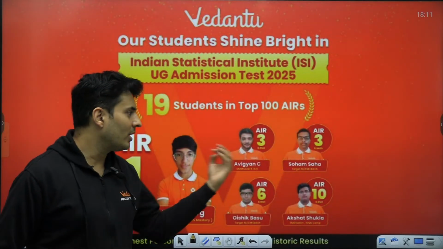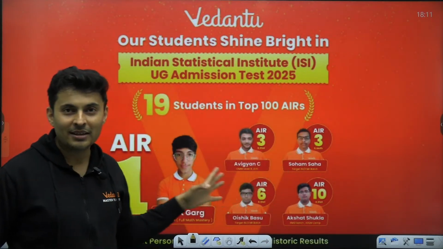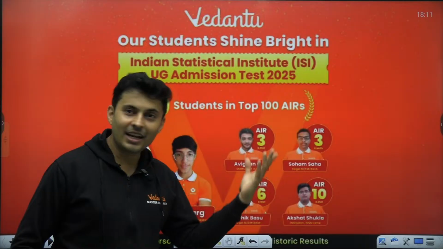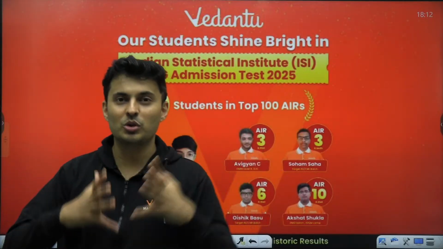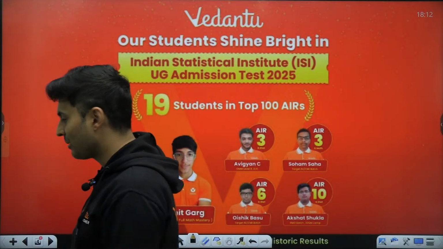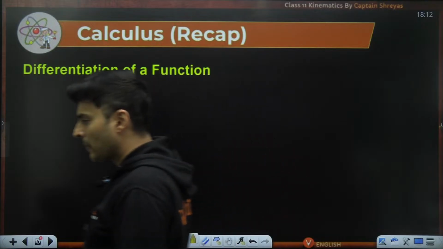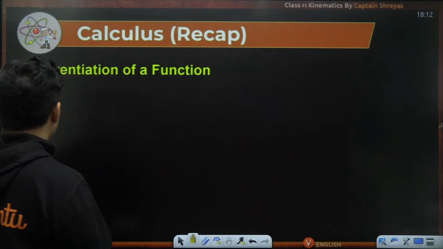Okay, you cannot just be all India rank 1, 3, 6, and 10. I want even the fill in the blanks 2, 4, 7, 8, 9, everything. You should be here. Okay, so a lot of responsibilities there. So better buckle up. So quick revision of what we had done in derivatives,